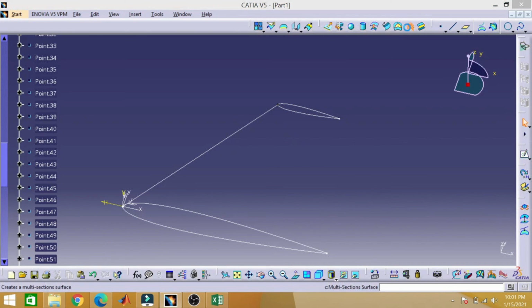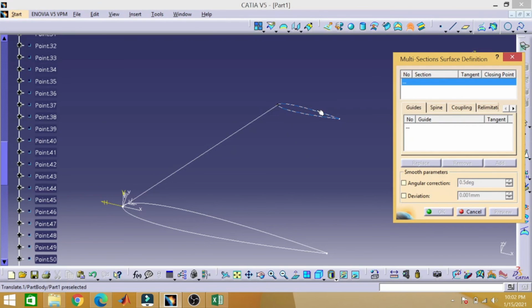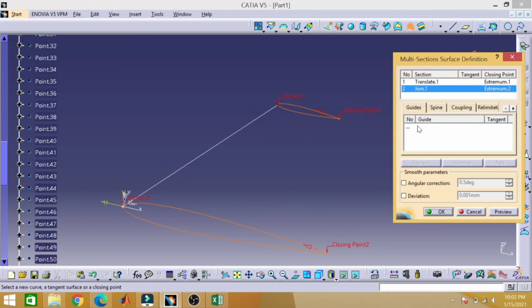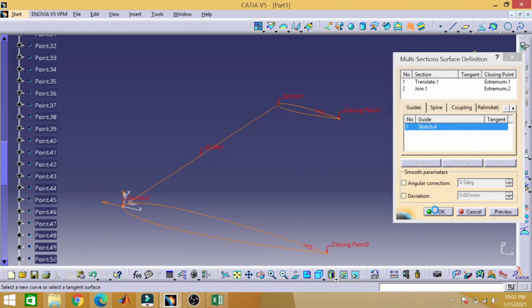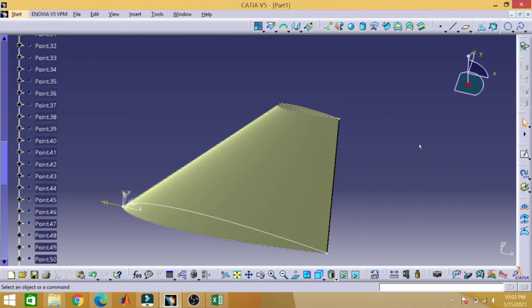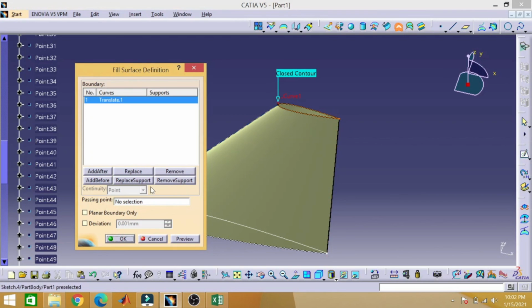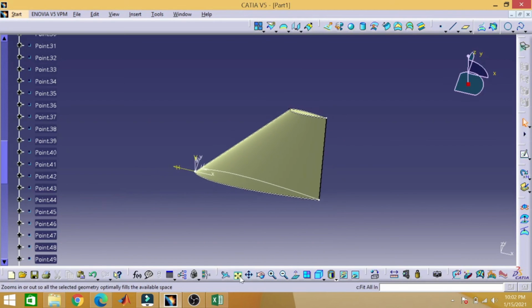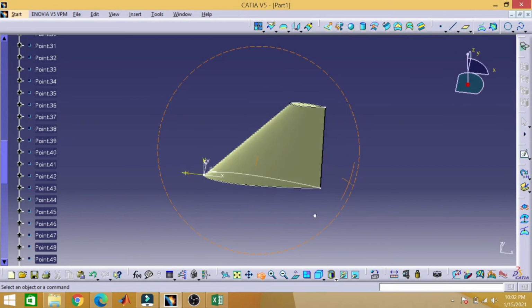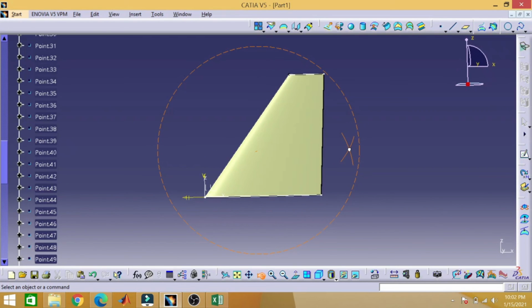Now you can have the multi-section surfaces. You can add these two as sections, and the guide to be this one. Okay, and make sure you just fill this one and do the okay. It is filled. And now if you just focus, it looks like a vertical tail. Now save it as vertical tail,